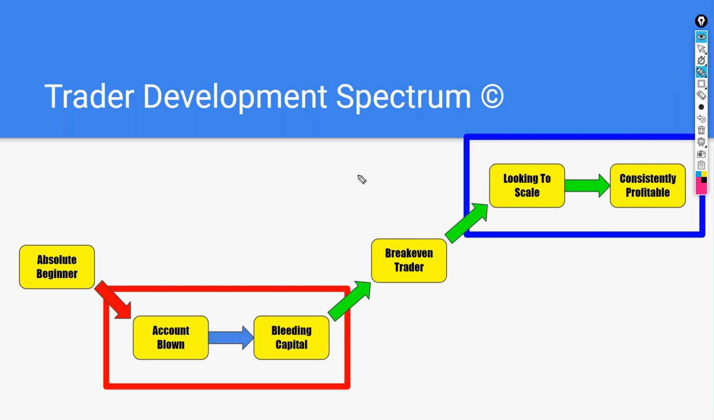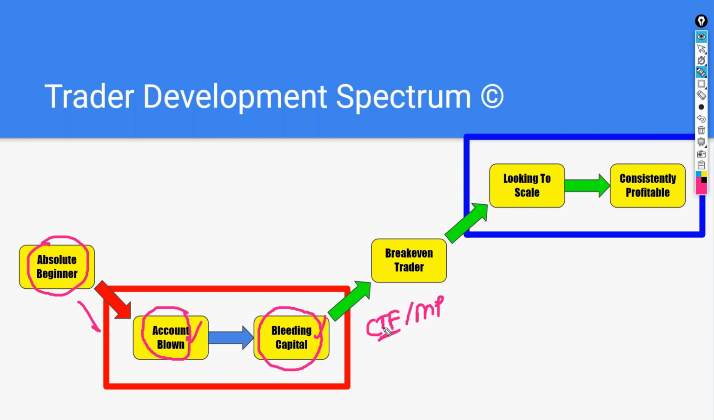So why this is important is, you start as an absolute beginner, and in 105 out of 100 cases, if you're just a beginner and don't learn properly, you will get into this bad stage where you'll be blowing your accounts or bleeding capital. So an absolute beginner learns something on the internet, feels he's the king of the world, starts trading, blows his first account, then improves a little and starts losing less money, then finds something,